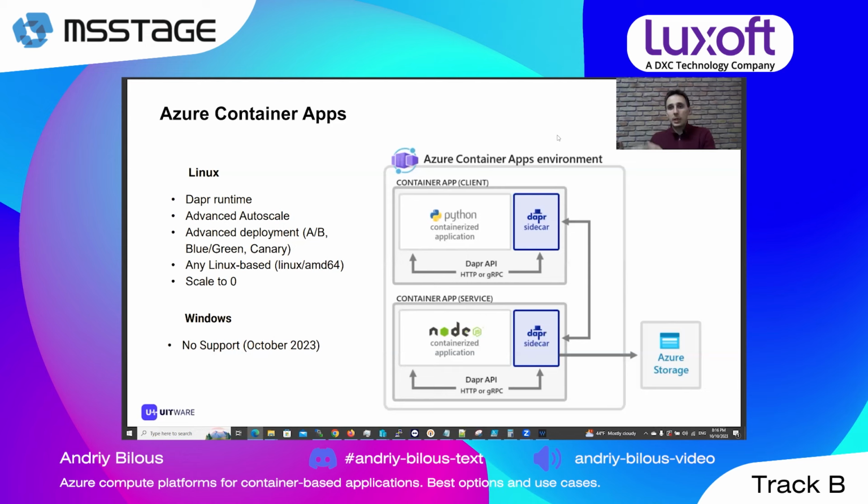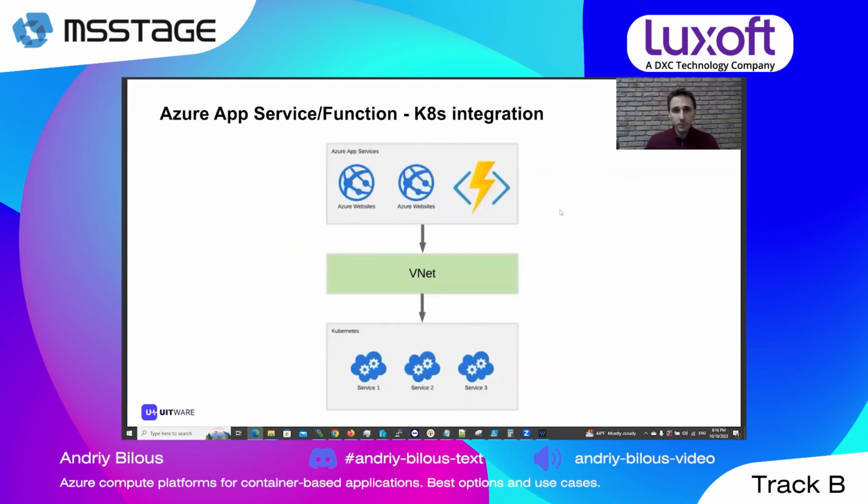And let's see then how these services can integrate with Kubernetes, because we understand that, for example, one part of our application can host in Kubernetes, and some part could host in different services. Yeah, especially when we make the integration between different parts of different solutions. Yeah, it could be. For example, how to integrate app service and function. This is only one option to use the VNet. Yeah, to just integrate the VNet, Azure App Service or function inside the VNet, and the same VNet hosts the Kubernetes service,